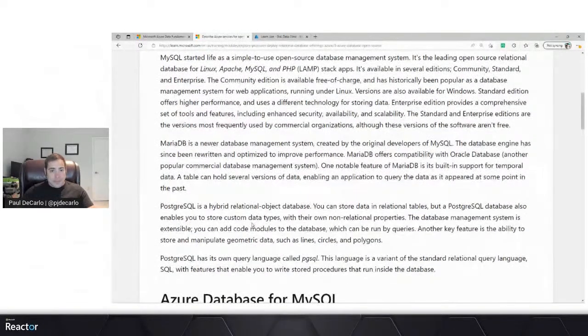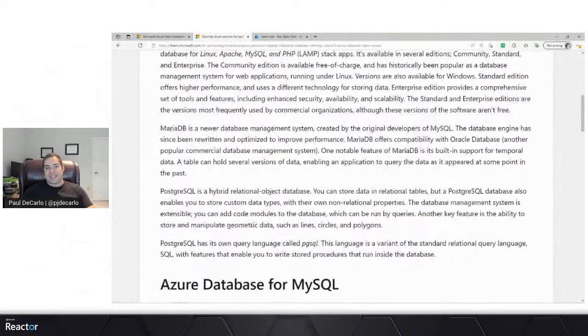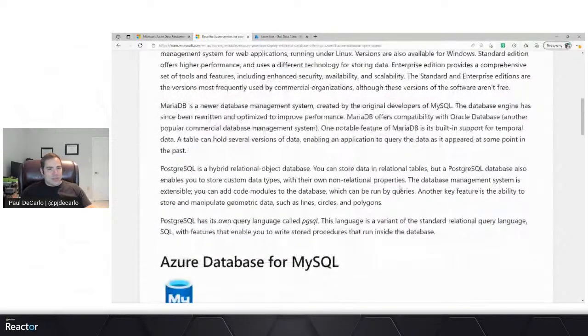And PostgreSQL is a hybrid relational object database. You can store data in relational tables, but also store custom data types with their own non-relational properties. And database systems using Postgres are extensible. They add code modules to the database, which can be run by queries, and can also do things like store and manipulate geometric data just by default.